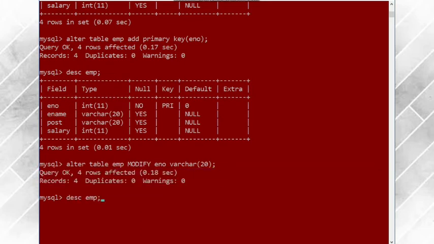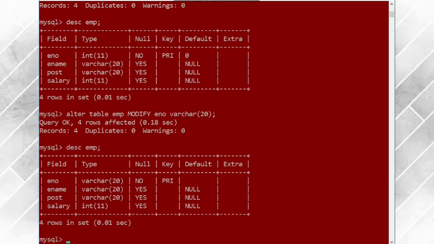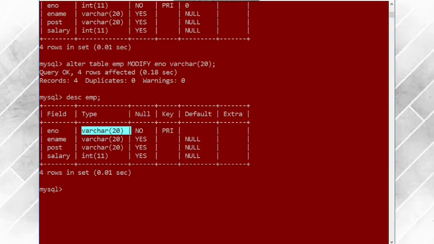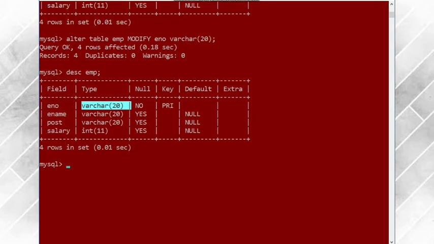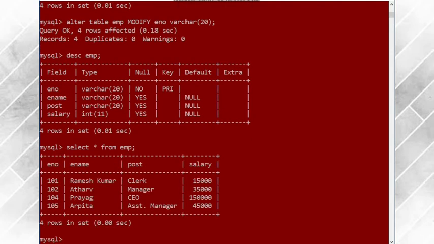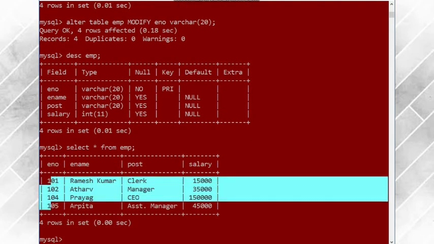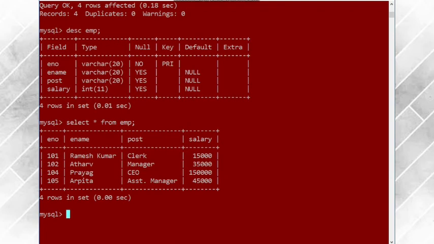Now let us see whether the description of the table has been changed or not. So you can see that here the e number was int, here it is changed to varchar. Now if I want, I can enter the employee number in variable character. Alright, so this is how the changes can be made. You can see the details here. Right now it is in integer form, and if you want to insert the values again here, you can give it in variable character, because integer will not be allowed as you have changed the data type to variable character.